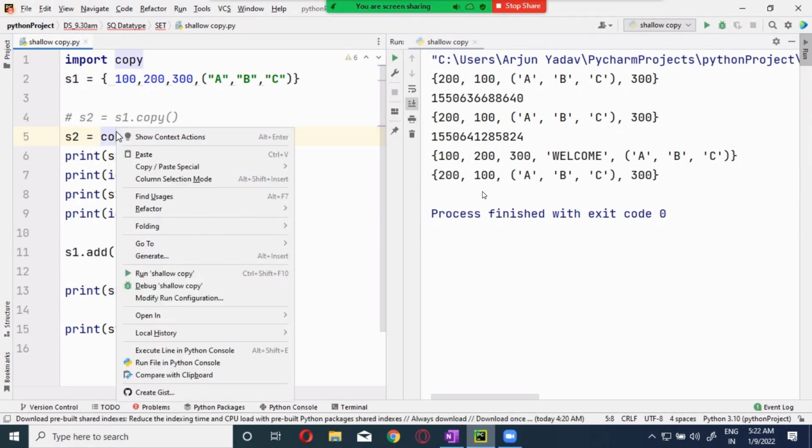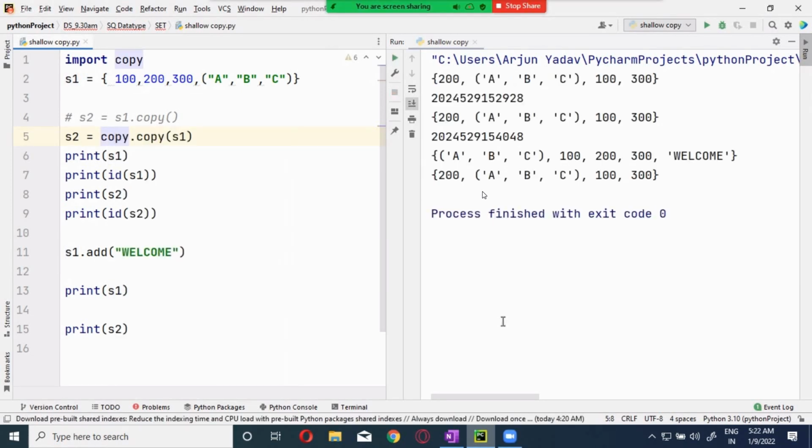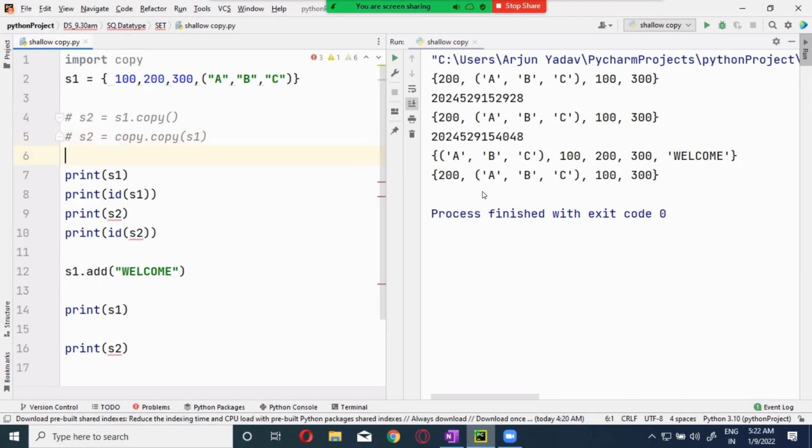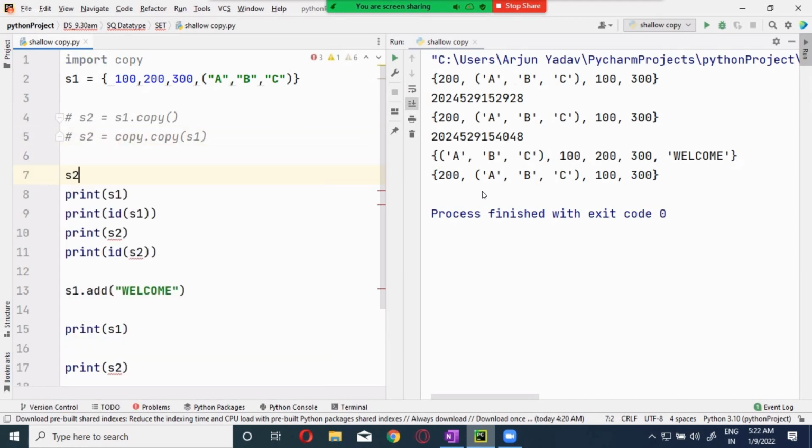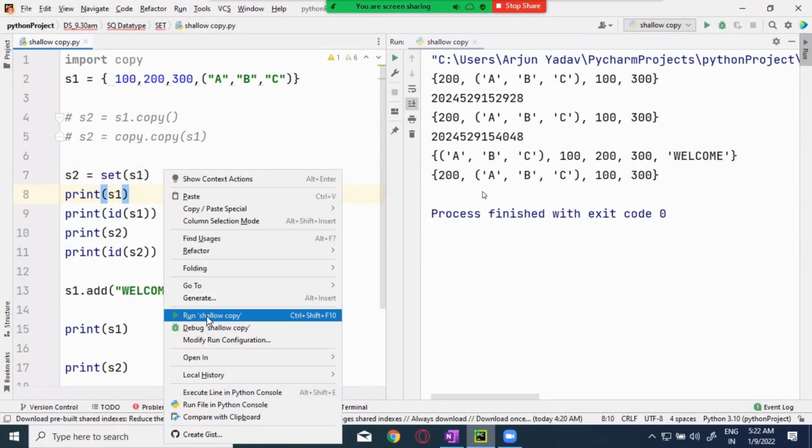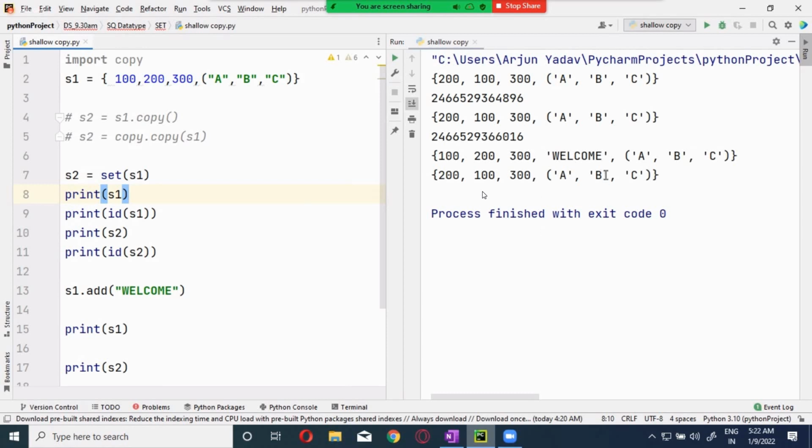Now when I run this one, I'm going to get the output. This is also a shallow copy, and the other one is using the function. Let's try it out using the function. I didn't use this one before. Now you can try it out. This is also a shallow copy. Got it, guys? We have seen three different ways of doing the shallow copy.